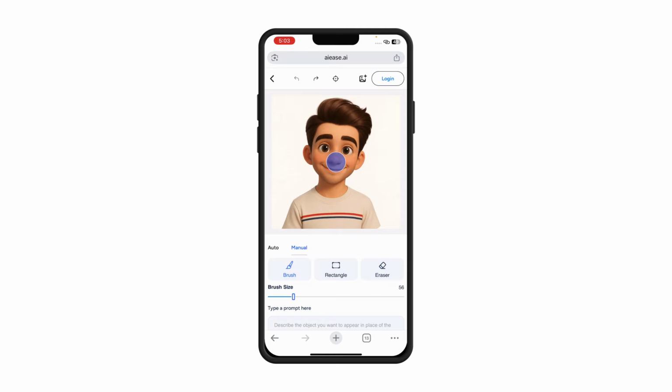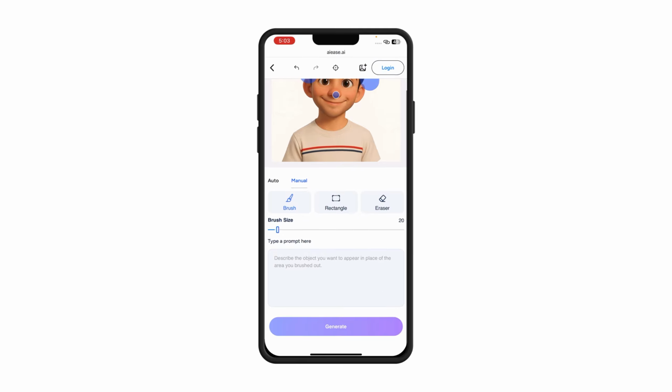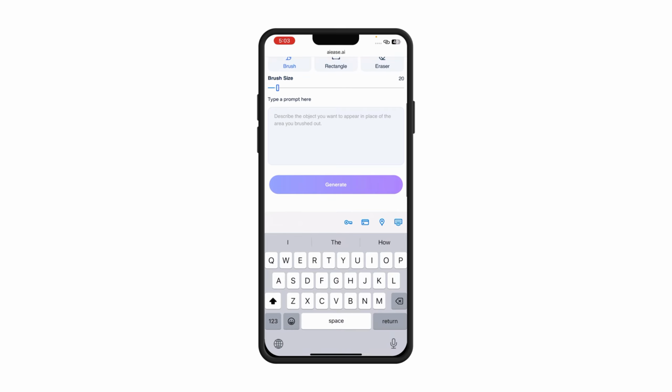on here and select the brush size. So you just come on here and select this. Just watch what I'm going to show you in this video. Now once you are done, you're going to be able to see a text prompt here. So come on here, just add a Santa